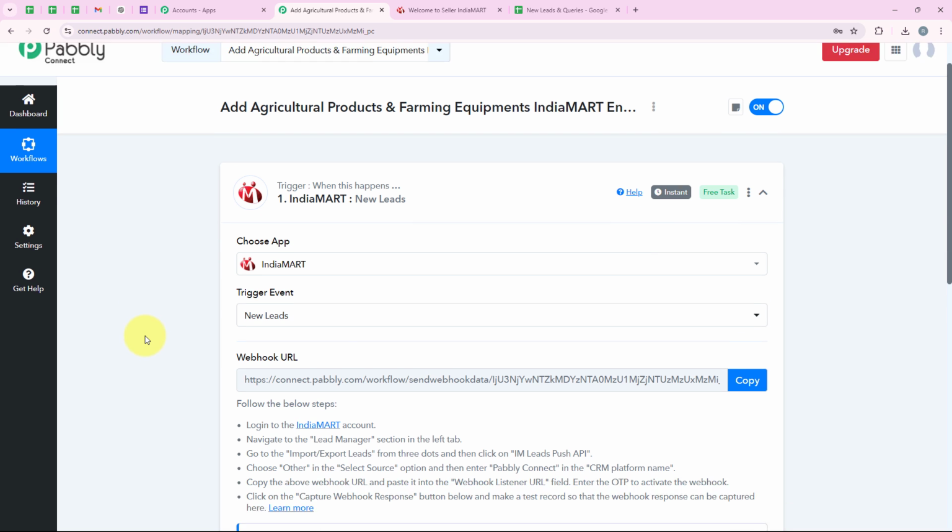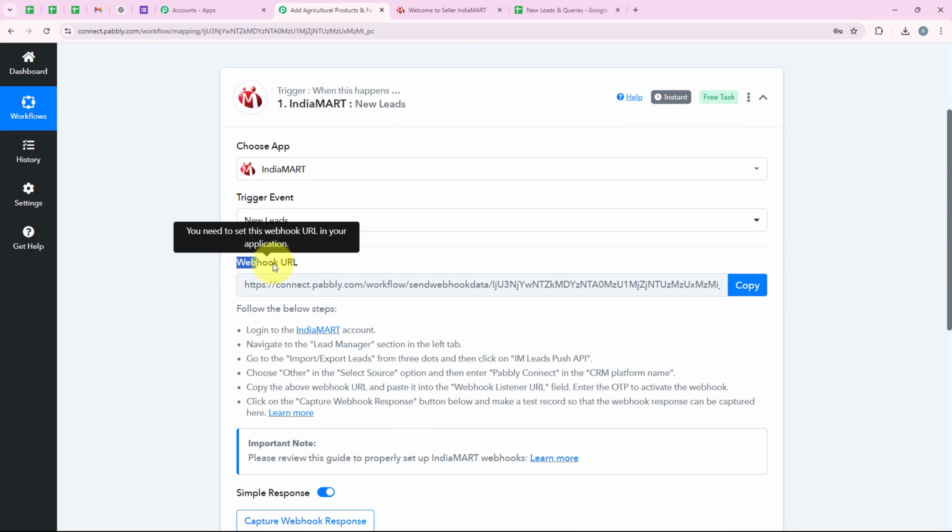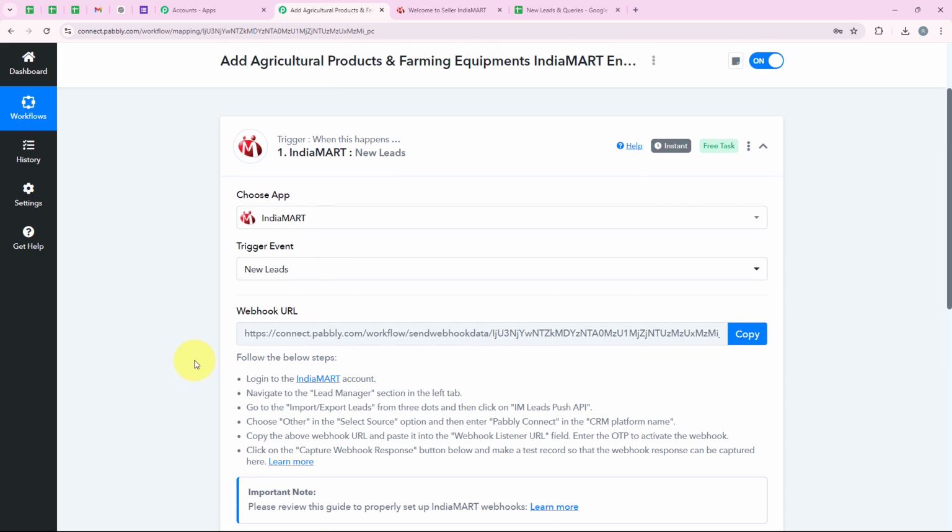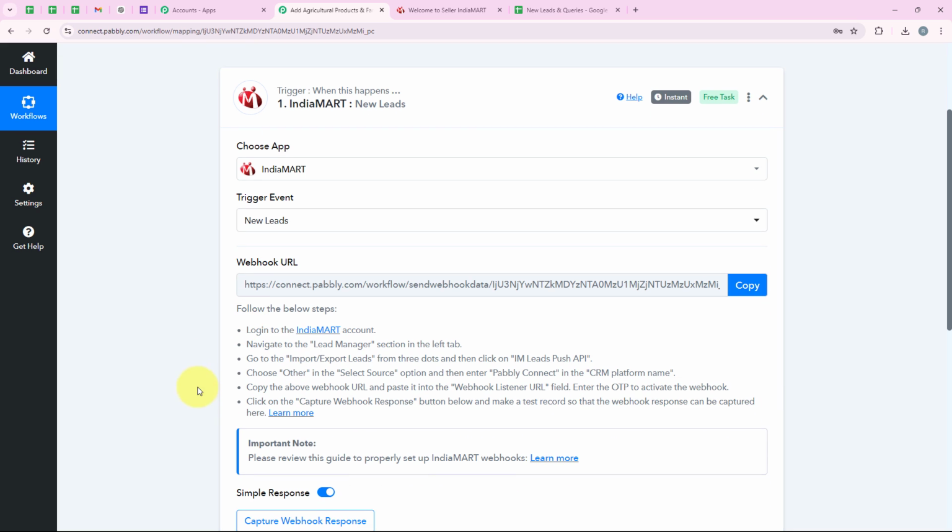And as soon as we do so, you can see that it is now giving me a webhook URL. We are going to use this same webhook URL to create a connection between our IndiaMART account and our Pabbly workflow. So first we are going to copy this webhook URL,